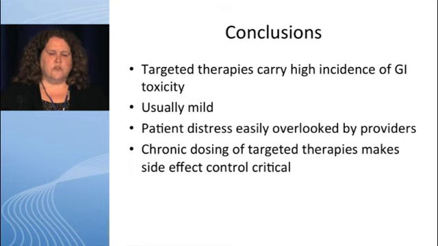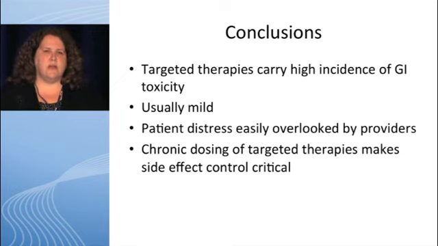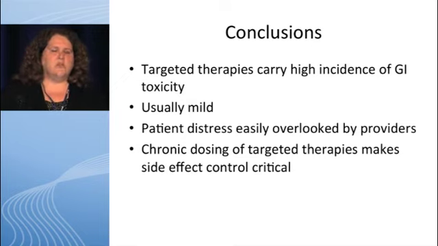And so in conclusion, our targeted therapies, and I just took a subset of them, it's hard to include all of them, have a very high incidence of GI toxicity, usually mild, but often overlooked. And then again, this chronic dosing schedule of many of these agents, we just need to think about them differently. Hopefully, eventually, we will have a CTC that's targeted for oral therapies, but just don't forget about some of these things that are not necessarily life-threatening, but do impact quality of life. And I think that's my last slide.